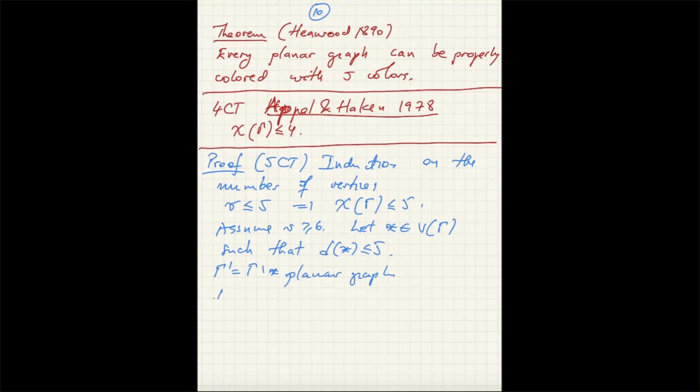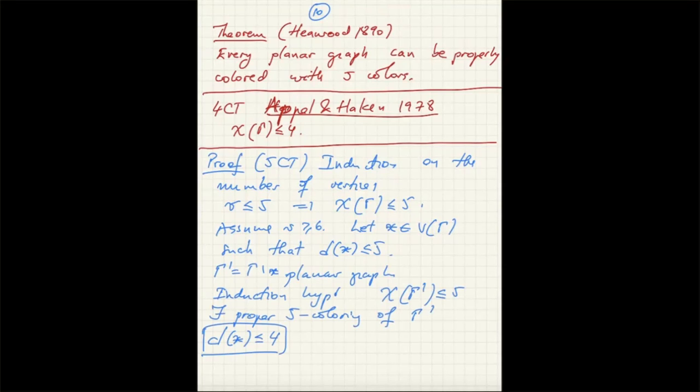So by induction hypothesis, the chromatic number of gamma prime is at most 5. So there is a proper 5 coloring of gamma prime. Okay. Now, if the degree of X is at most 4, this is the easy case, then take a proper 5 coloring